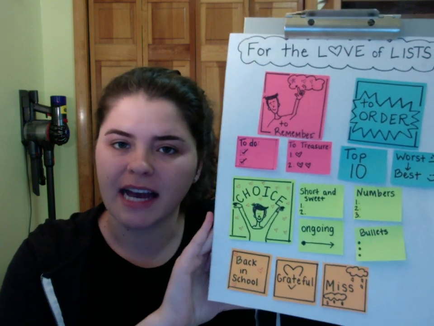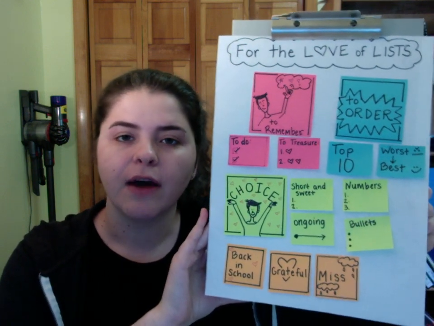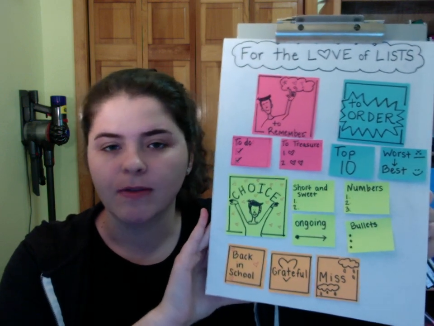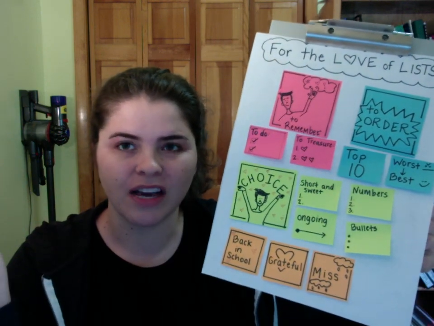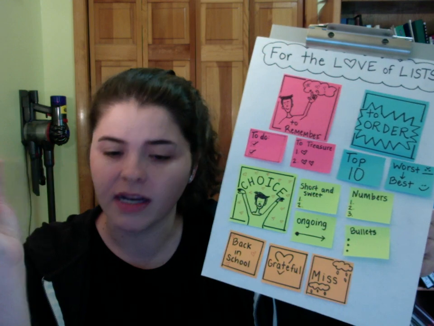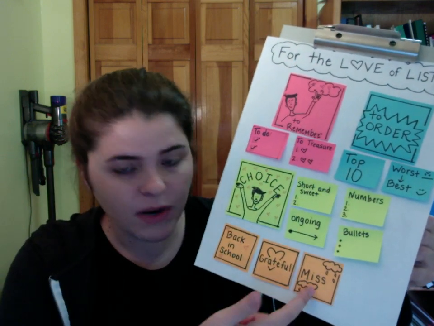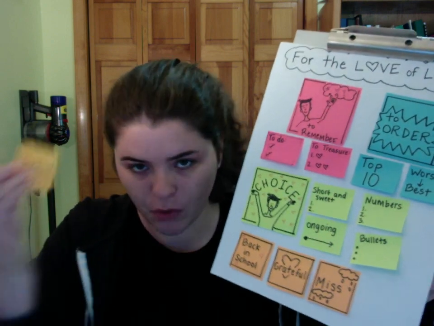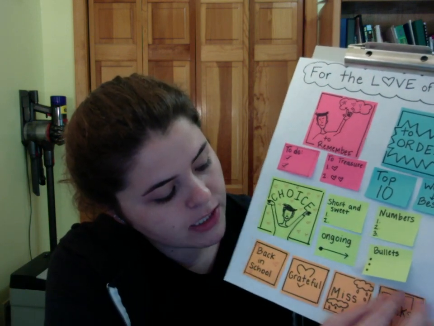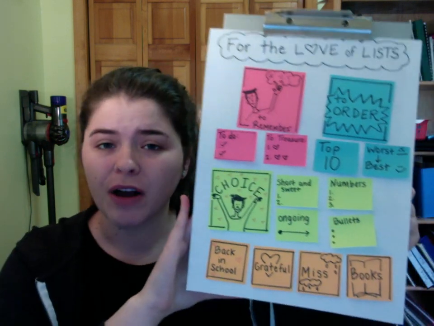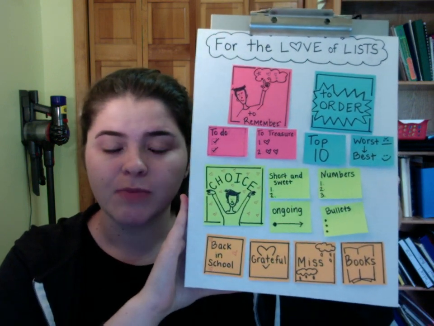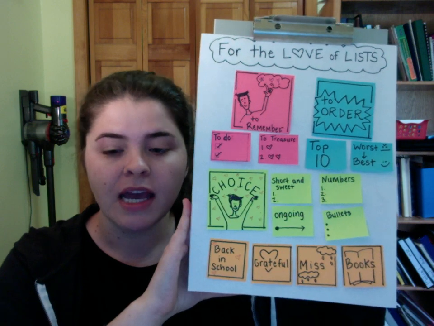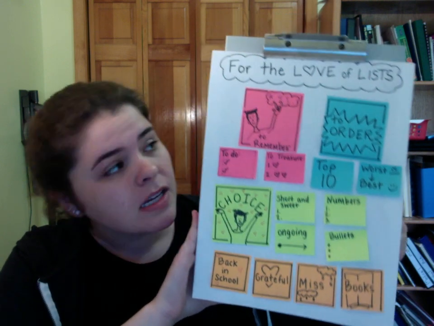And sure, that might be kind of a sad list, but I have found that when I'm sad or I'm angry or upset, writing it down helps me process those feelings, and I usually kind of feel better, even if it's just a little bit, after I've written that. So maybe you could write a list about things you miss right now while you're in quarantine. And of course, you can keep a list of the books that you are reading. I hope you're out there reading. I know I am. I just put some books on hold at the public library that I'm going to pick up later this week, and you can do that too.